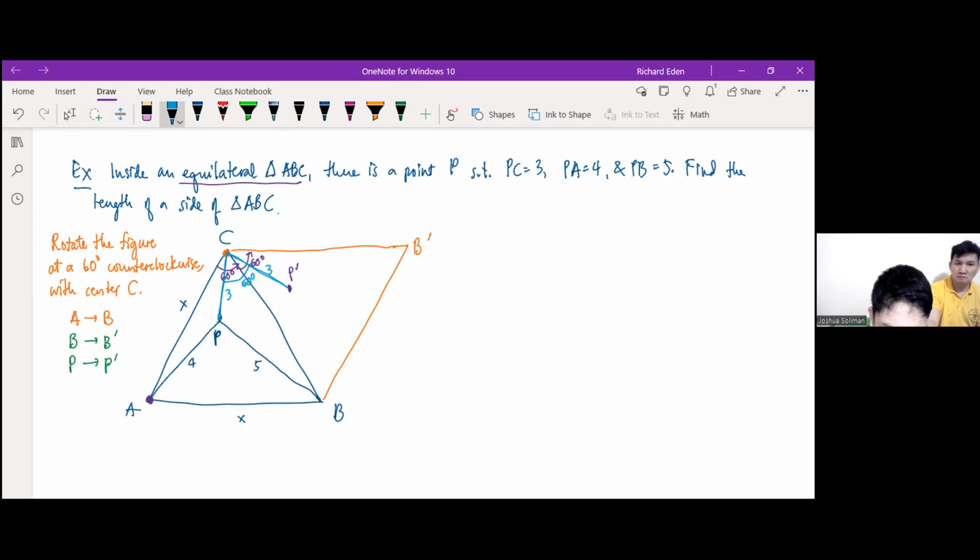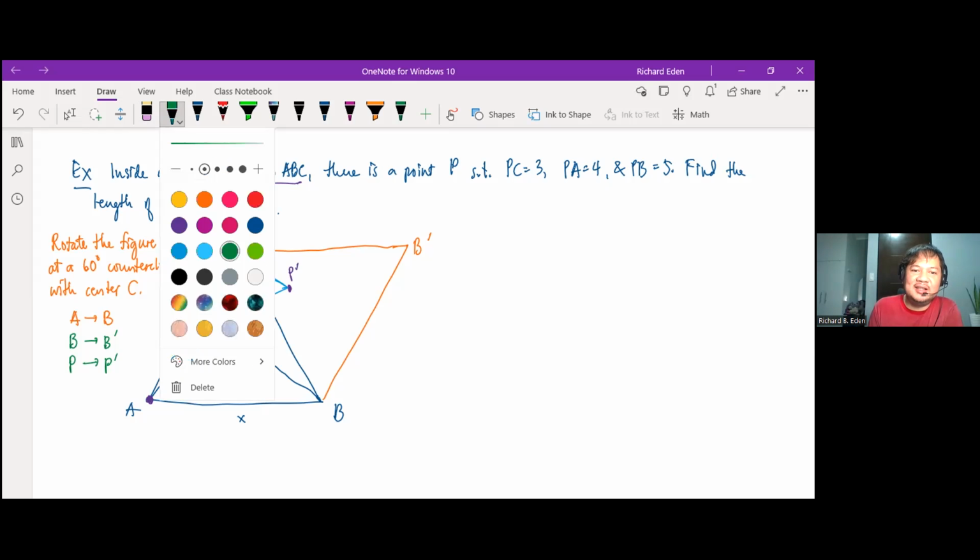It's obviously not, kasi yung lengths po. Oh, but 60 degrees kasi 3. So, yung sabihin, CPP prime is an equilateral triangle. Yes, that's it. So that means CP prime is 3. So we can get the diagonal somehow. Maybe Ptolemy's theorem if we can prove it's cyclic or something. Okay. However,